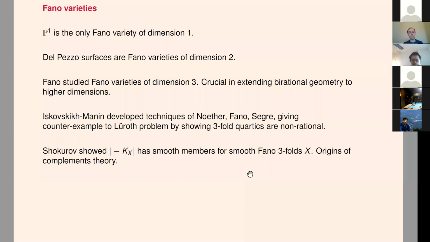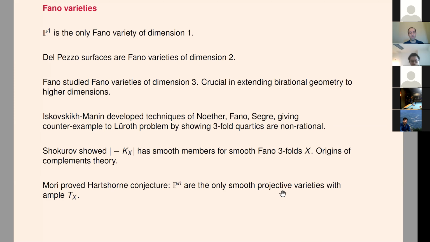But anyway, the importance of this result is that it tells you something about minus K and its linear system. Because in general, varieties can be understood by taking divisors or line bundles and their linear systems. So in many ways, you can use that to, for example, embed your variety into a specific projective space. And this result of Shokurov is also the origin of his theory of complements, which I will come back to later.